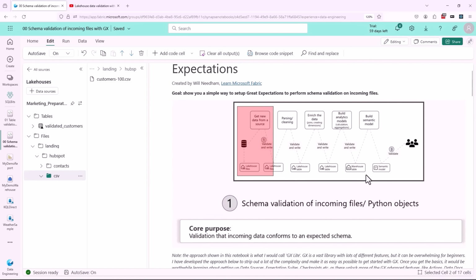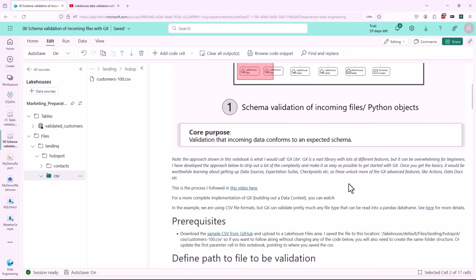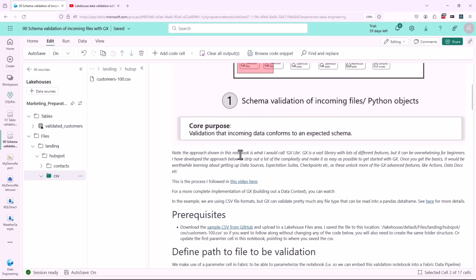But what is Great Expectations? Well, Great Expectations is one of the most used data validation libraries in Python. It's a very mature framework. It can be quite complex to learn. So what I've done in this notebook is try to make it as simple as possible. It's an approach that I would call GX Lite. So it's not really using Great Expectations how it's meant to be used. It's really stripping away all of the complexity and creating a really simple method for you to get started with